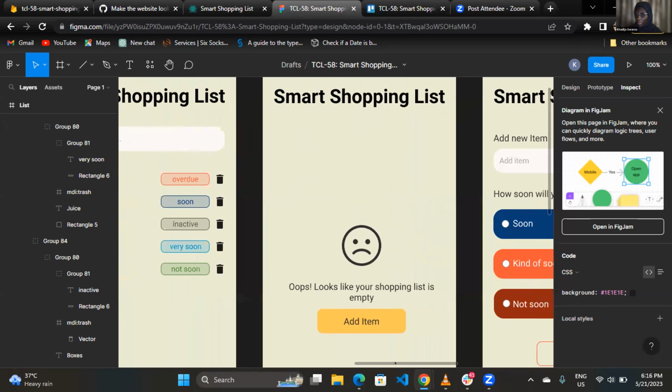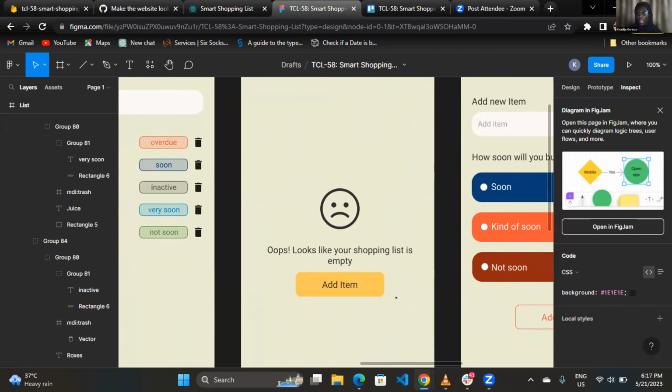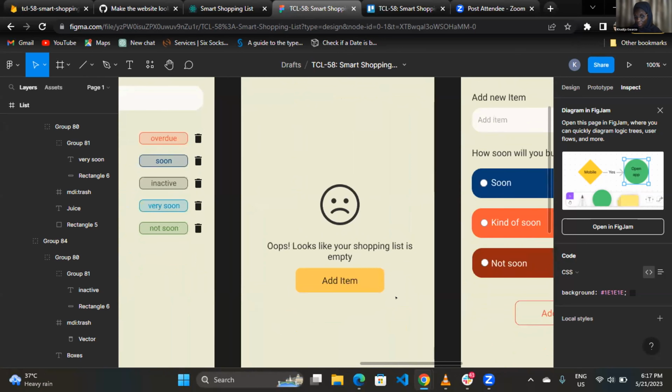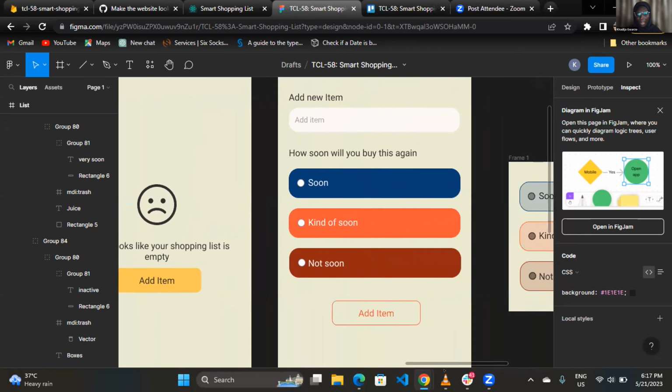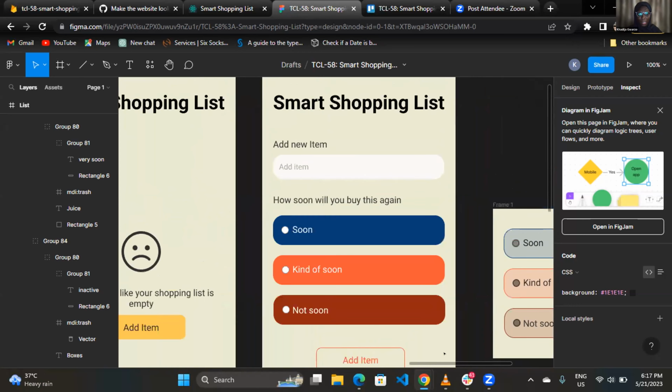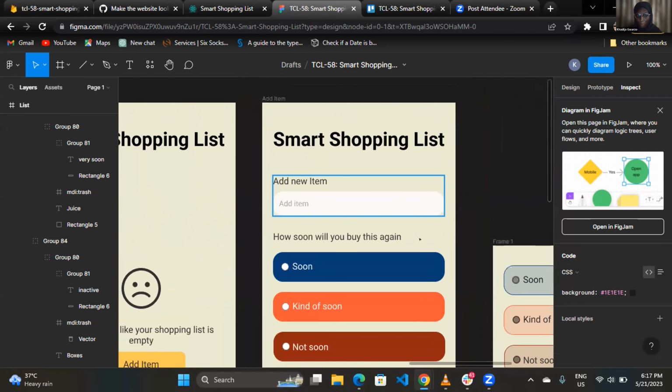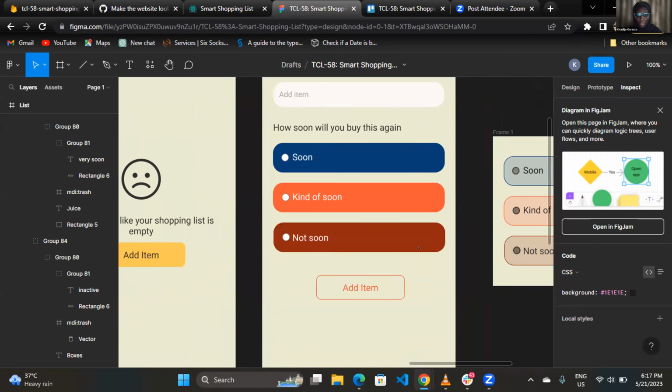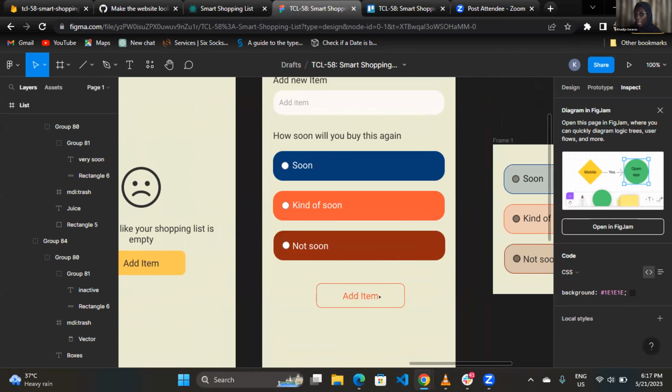And then if a person doesn't have anything on the list, this is the page that is supposed to render. So then lastly, for the add item page, this is the add item page. We have our input, and then we have our radio buttons designed as below, and then we have the add